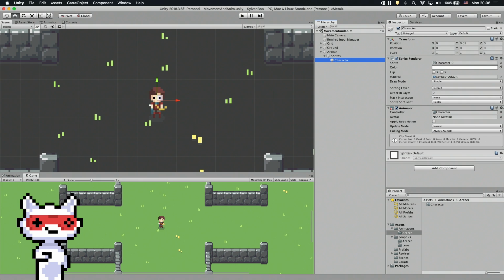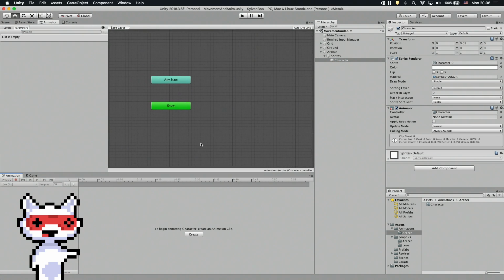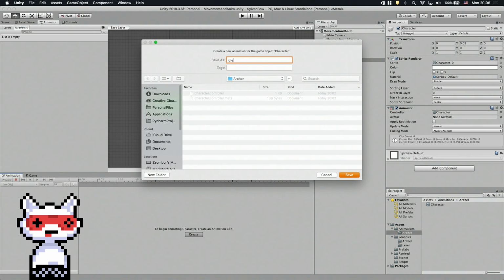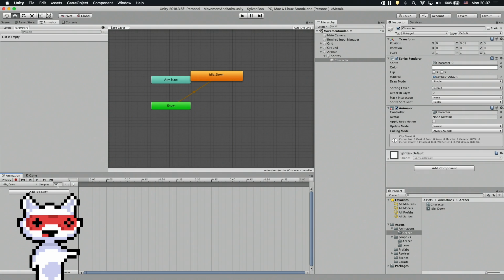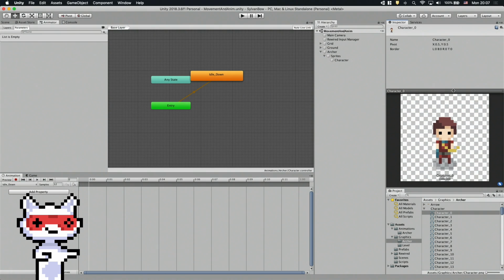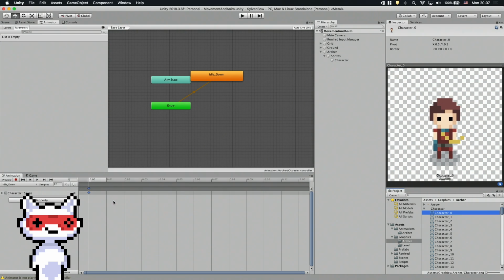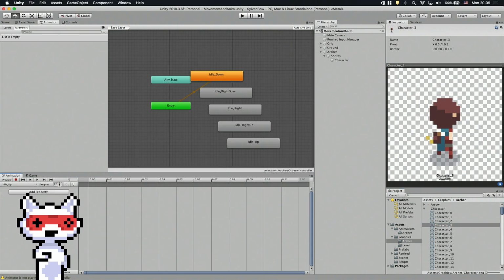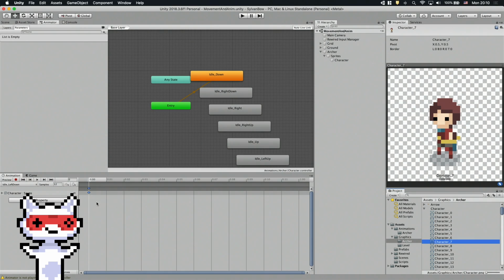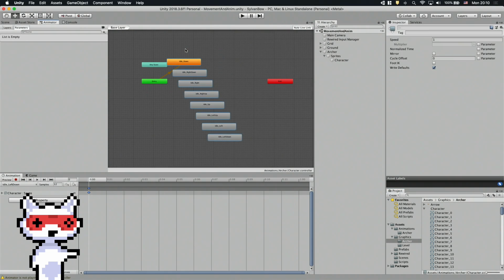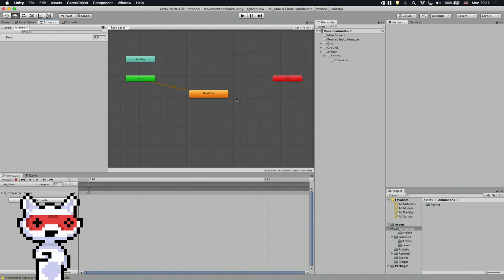Let's open up the animator and animation windows and make sure to have the character game object selected. Now we can start creating the animations by hitting the create button in the animation window. Let's create one with the name idle down and save it next to the animator controller. Change the sample rate to 12. Now we have to find the right frame in the sprite sheet and drag and drop it into the timeline. With that done, let's now create the rest of the 7 directions. Done. Let's remove them as simple states from the animator and create a new blend tree state.